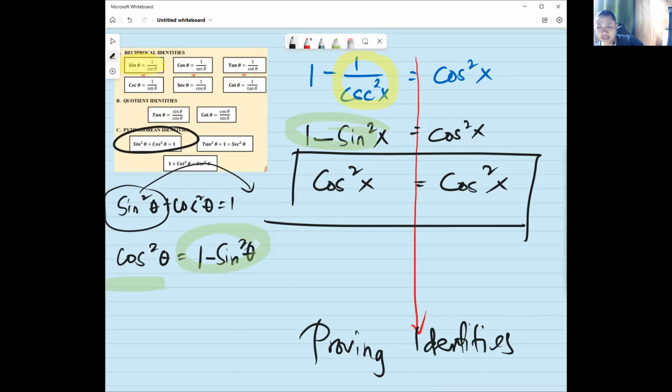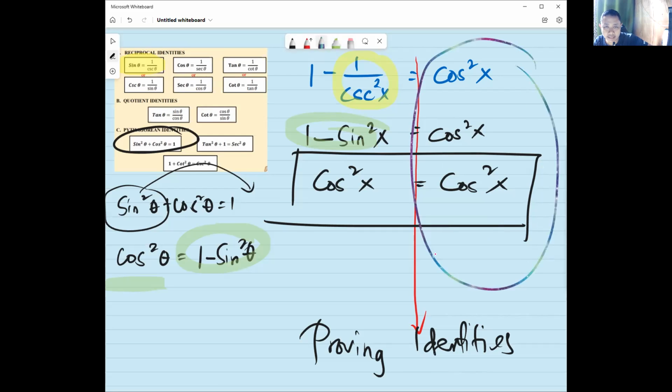Sir, may SA po ba na proving? Need po ba proving identities sa SA? Yes, this is part of your summative assessment, the proving identities. Wala namang kakatakot kasi kapareho lang siya ng simplifying trigonometric expressions. Kasi this time, just always remember na itong nasa left side, itong nasa right side, wala siyang